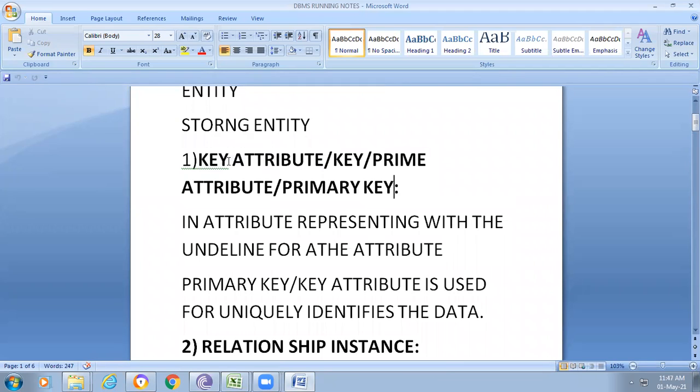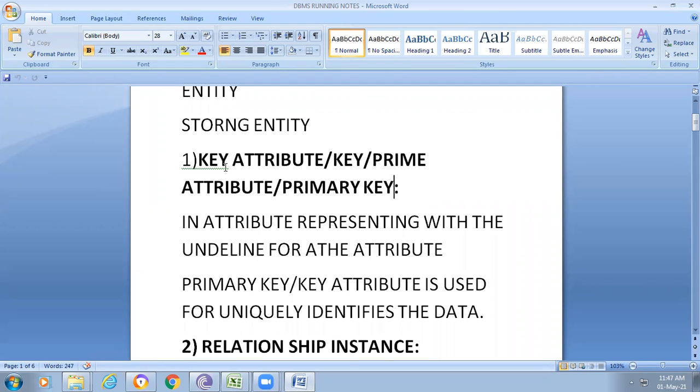The attribute is represented with an ellipse, and in that ellipse we use an underline. For example, in the student table, we consider S number as the primary key, so S number is underlined with a strong line. If it is a dashed line, it is a partial key attribute, which means it is not able to uniquely identify the data.